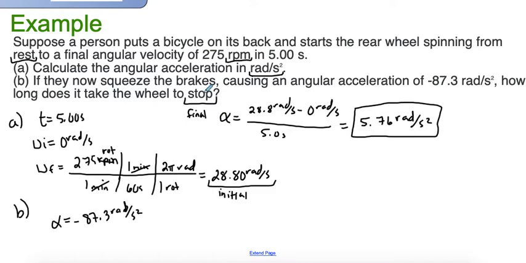So we're going to have to do 0 minus that in our equation. So let's write down final angular velocity, 0 radians per second, and initial angular velocity is 28.8 radians per second. And let's go ahead and plug it into our equation. So negative 87.3 radians per second squared, that's our acceleration, equals change in angular velocity, which is going to be